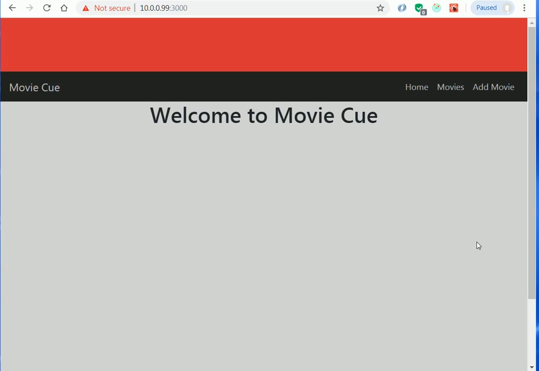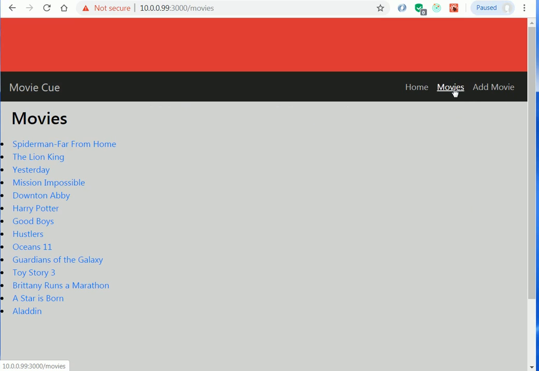It welcomes you to MovieQ, and it has a nav bar that gives you the option to go to movies or the option to add a movie. If you click on movies, it brings you to a listing of the movies that have been added to the site so far. A user can come, take a look at this, scan down, and when they see a movie that they'd like to find out more information about, they can just click on the link and it'll bring them